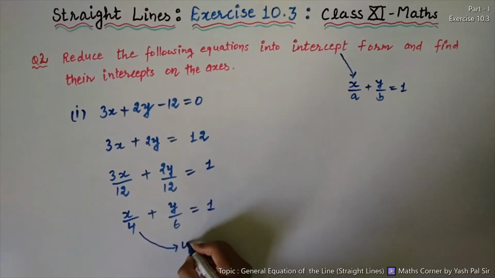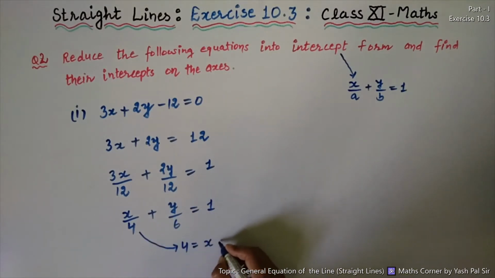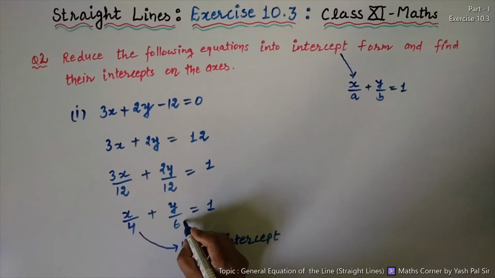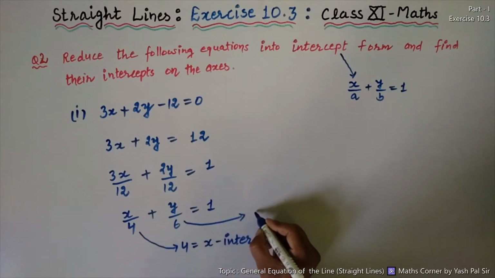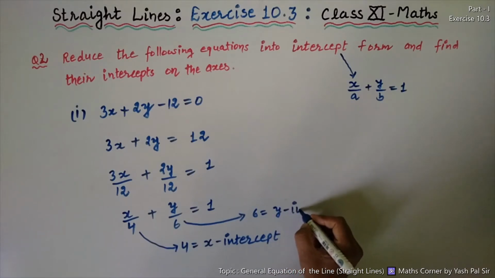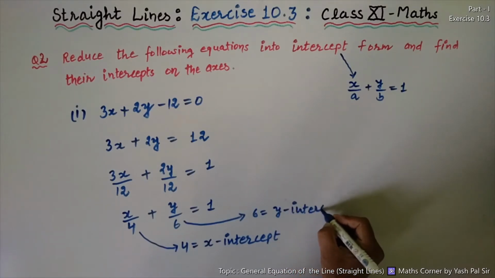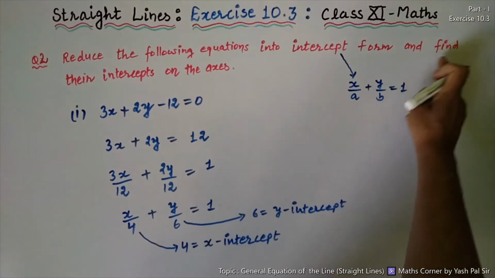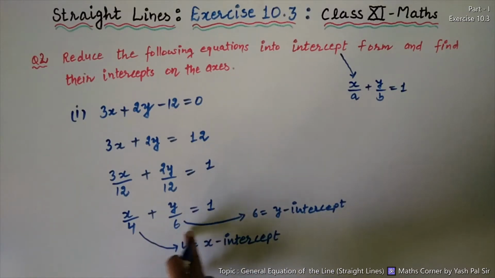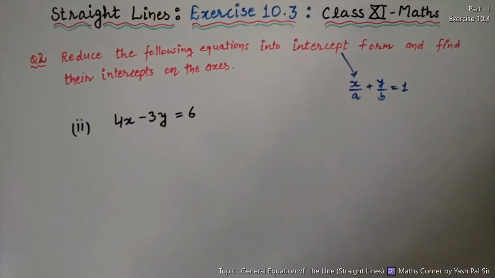Now here 4 is the x-intercept. And from here we say 6 is the y-intercept. Also find their intercepts on the axis. This 4 is called x-intercept, 6 is called y-intercept. Now next part,